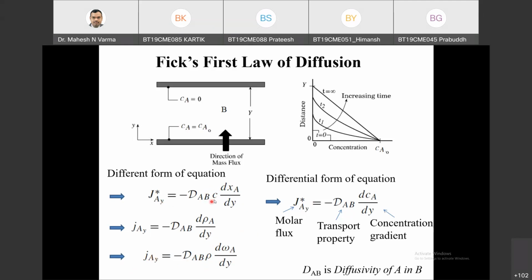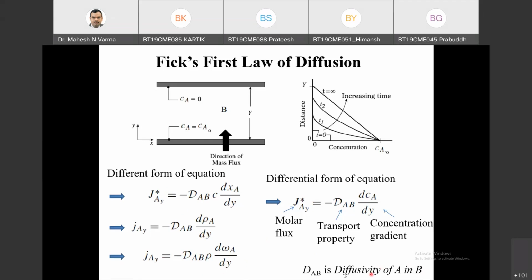So this is also Fick's law of diffusion. This is Fick's law of diffusion in molar form. This is Fick's law of diffusion in molar form with total concentration constant. This is Fick's law of diffusion in mass form. This is Fick's law of diffusion in mass form with total density remaining constant for a given system,